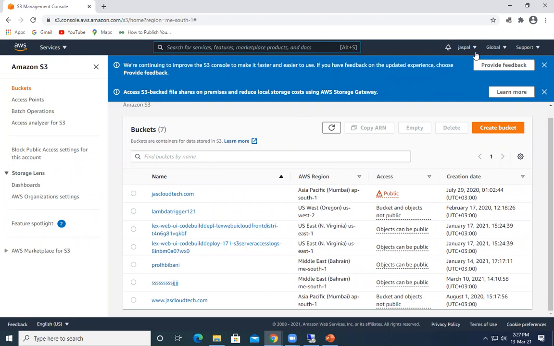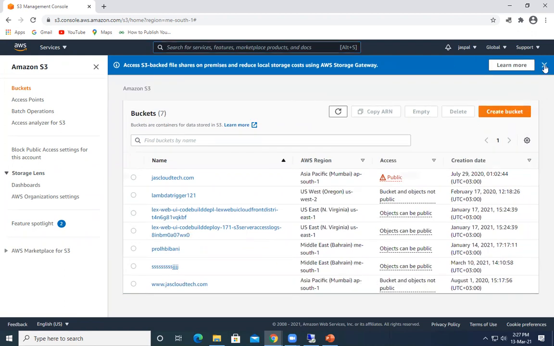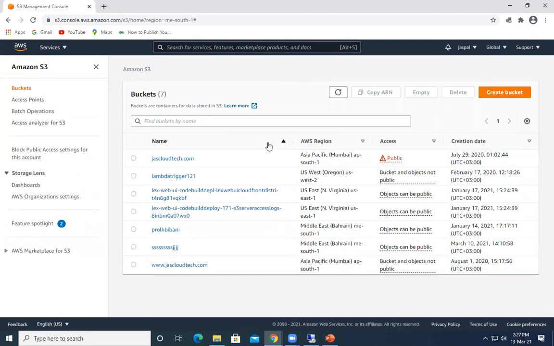You can see on the top it says Global. It shows all the buckets that we have, the regions in which each bucket was created, the access to the buckets, as well as the date and time of creation.